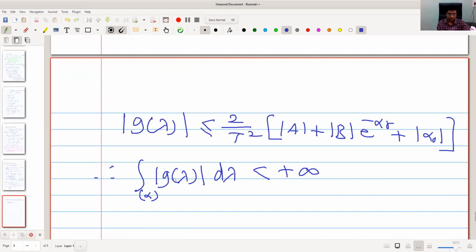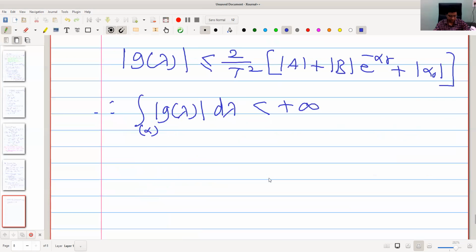This integral cannot be infinity. Okay, this is bounded because t square is in the denominator. And we are taking values of t larger and larger. So this thing is bounded,